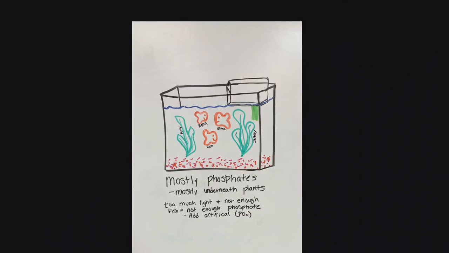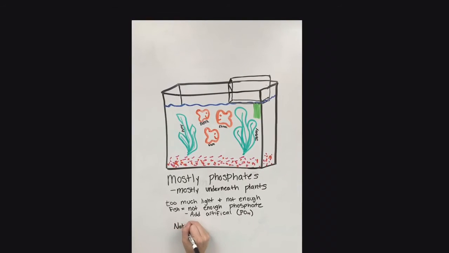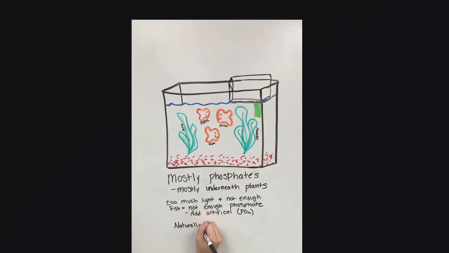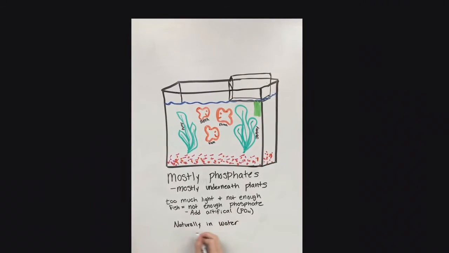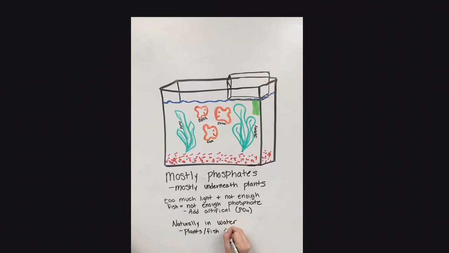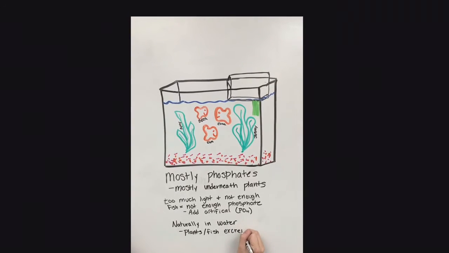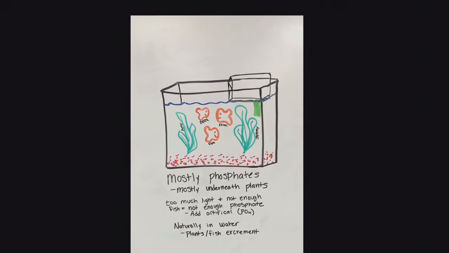If you don't have enough phosphate in your aquarium, you can add artificial or natural phosphates. Like I said, phosphates are naturally in the water from plants and animals such as fish or snails, from their excretions such as their,